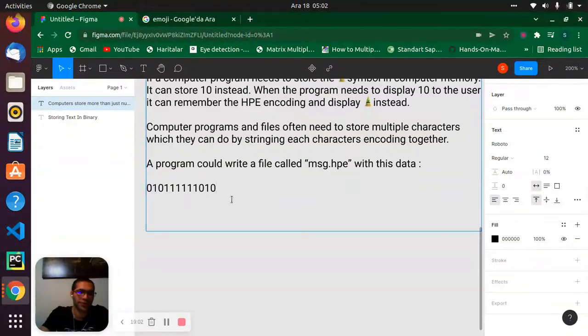So for reaching this file or this information, let's look at the other information here. We will go through this experiment.